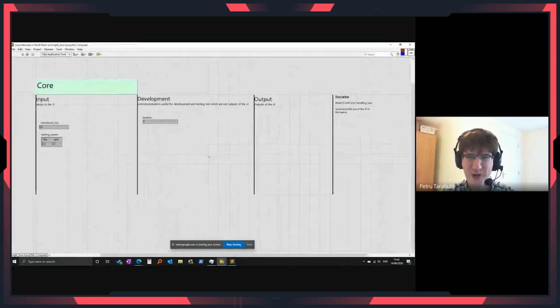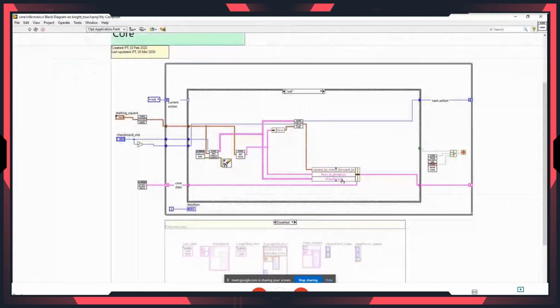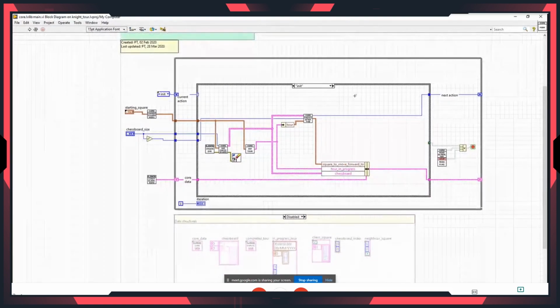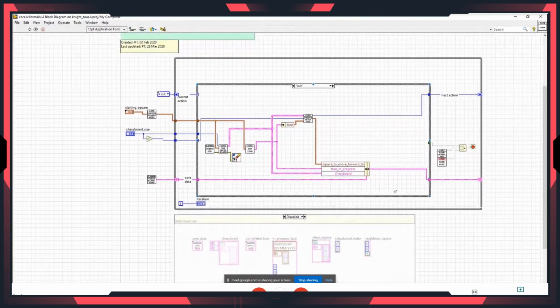Sure. So this is the core. This is by far the thing that took me the longest. And I'm sure it's not fully optimized. I'm sure it can be made to run faster. But I did get it to run much faster than my initial implementations. So it's a state machine, essentially. It has these cases here. We start in init,